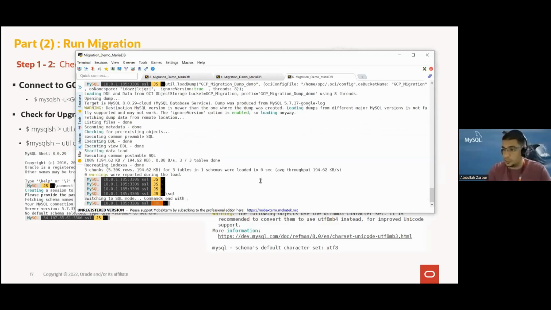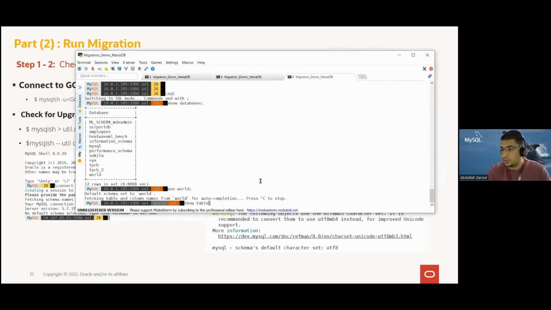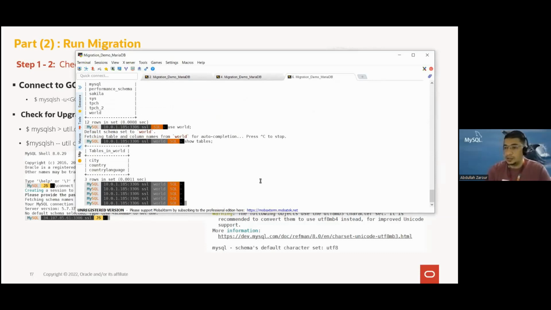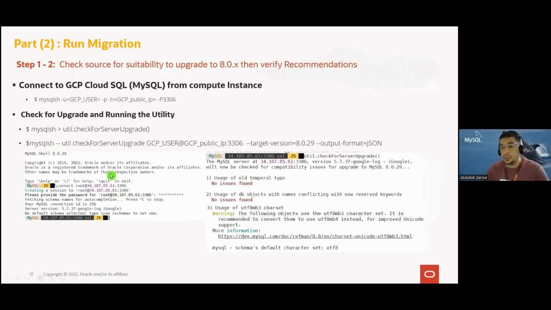Perfect. SQL mode, show databases, and use World, show tables, and this is it. City, country. By using two methods, we can either dump it locally or on the object storage. Now, moving forward,